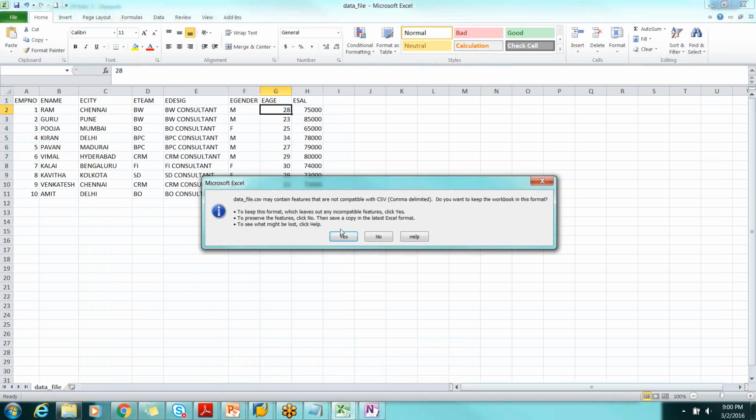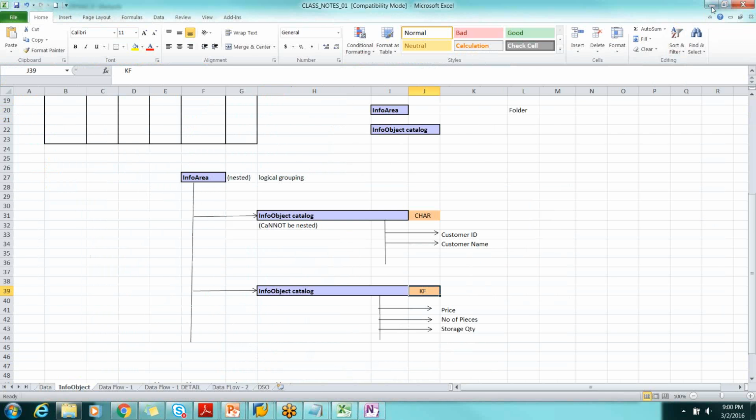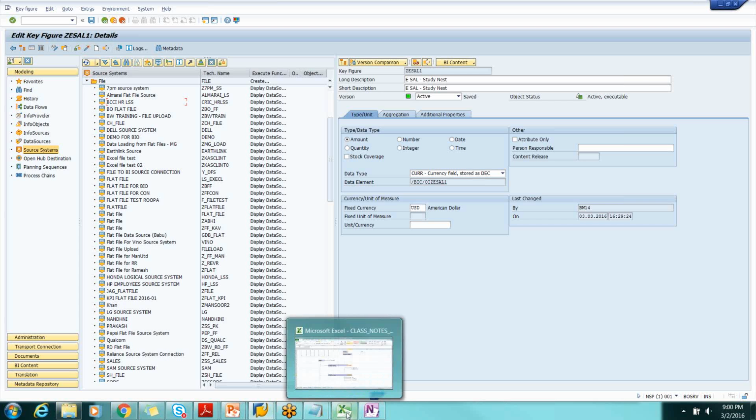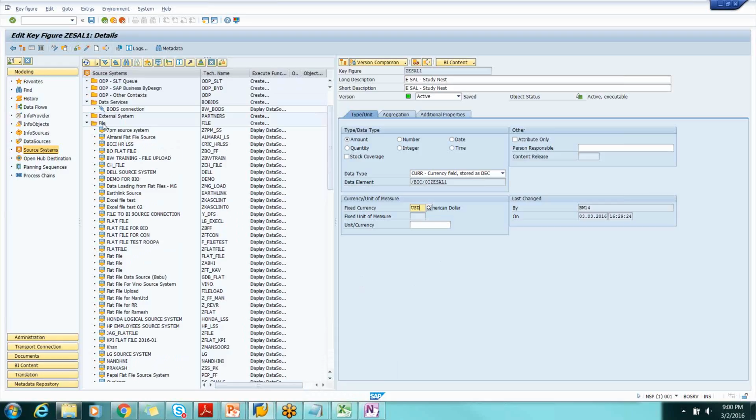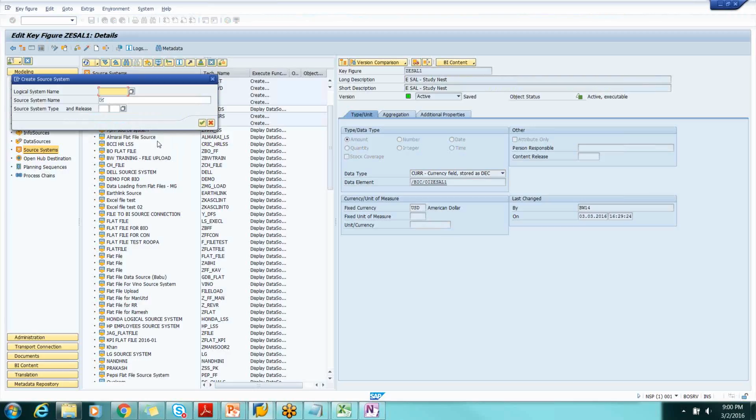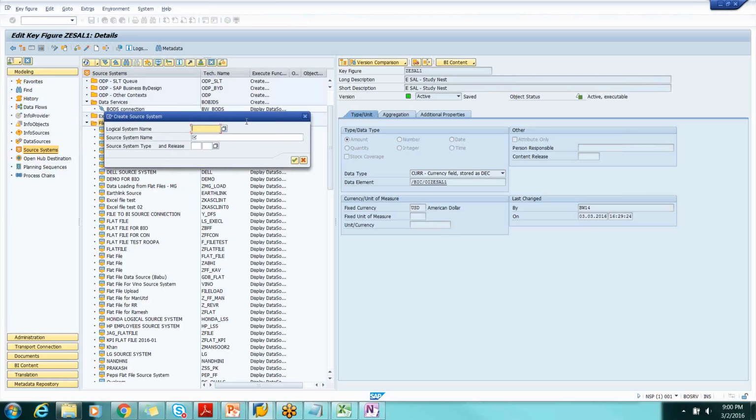I'm going to close this one, okay, so that when we try to load data, that file should not be open. It will give an error, right? So that's why I'm going to close this one. Okay. And we'll create a source system. Okay, right click. First, go to the source system, right click, create. Okay,